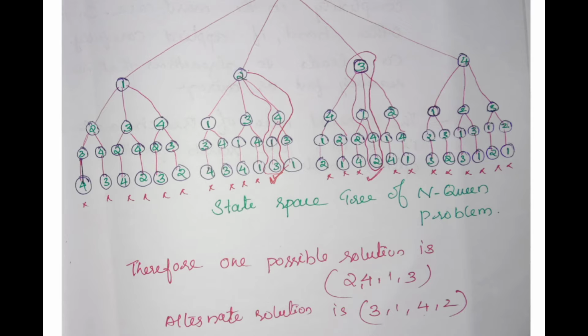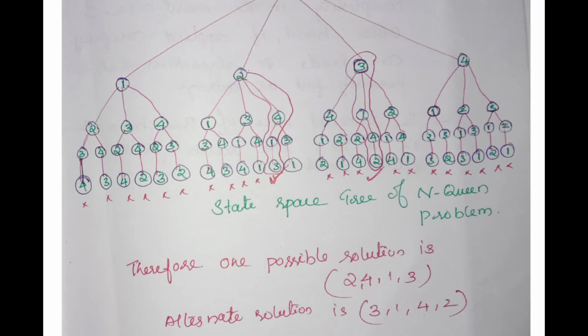This tree explains how many possible solutions there are to solve the N-Queens problem, that means, where to place the queens, to specify the position of the queens on the chessboard. So these are the solutions. There are many possible combinations to solve the problem. So how can I identify that many solutions? By using the state space tree.